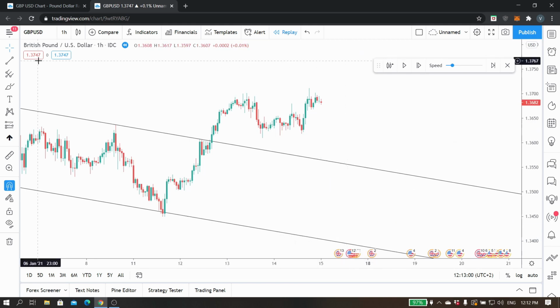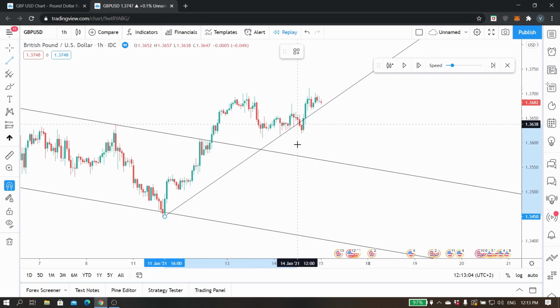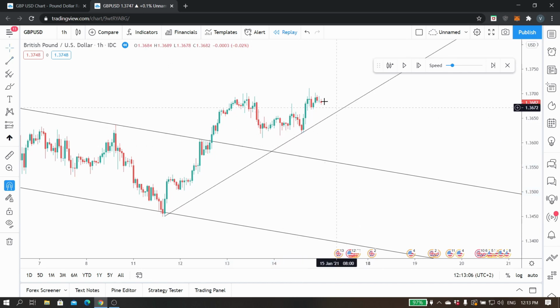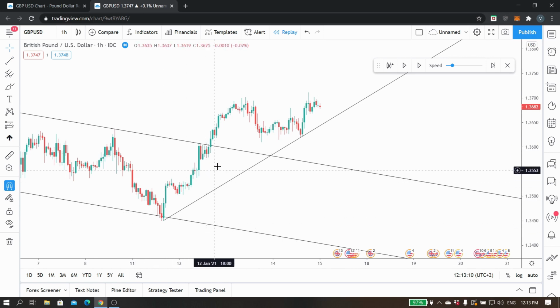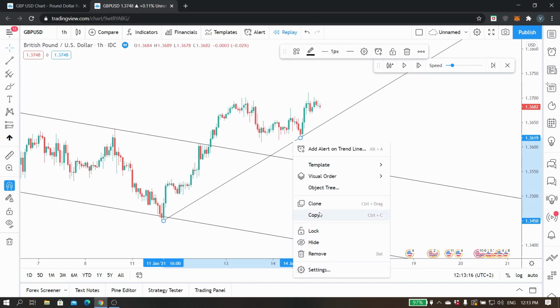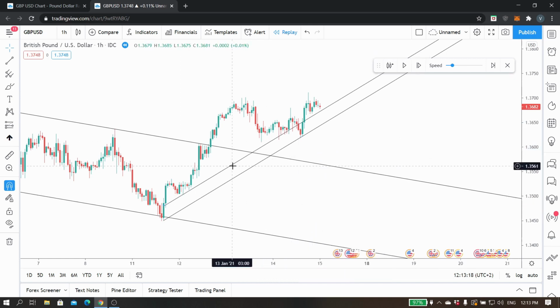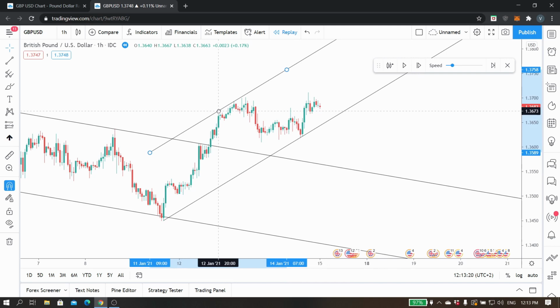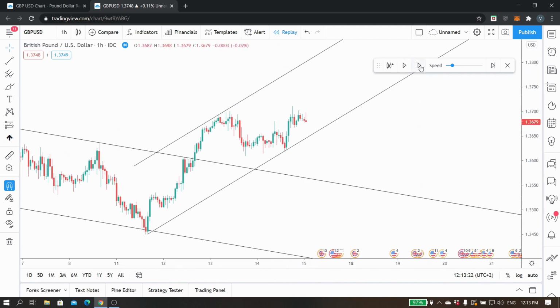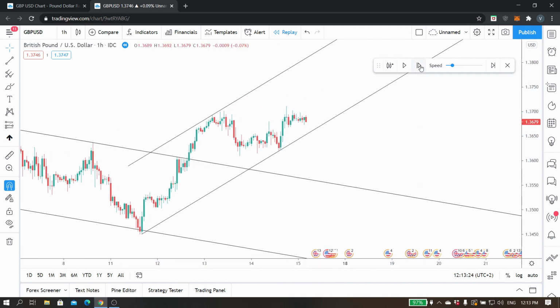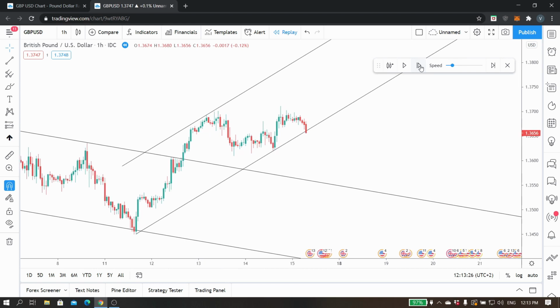So trend lines always work better off of significant points. This looks like a pretty significant point. Looks like the price is trending up as well. You can also clone this already, put this on top of here, see what happens. This is the last example that we are going to do,